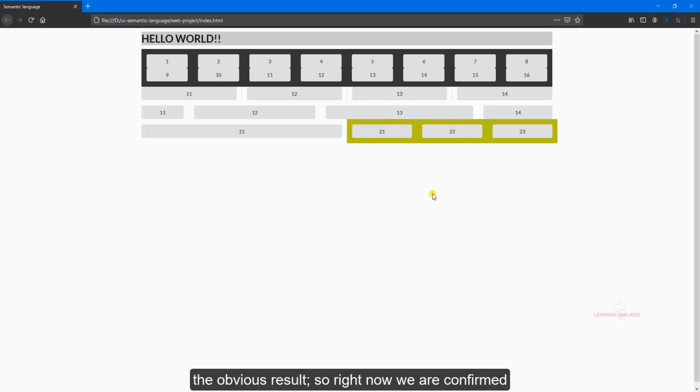So right now we are confirmed that we are able to loop a grid inside another grid, and we are able to insert any kind of elements, whether it is a header tag or a paragraph or any kind of text elements inside that particular grid that we had created in the second order.